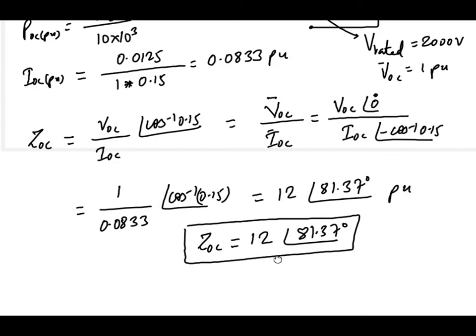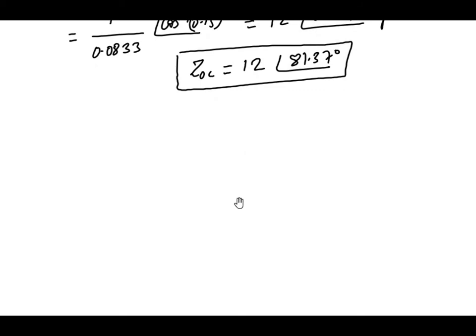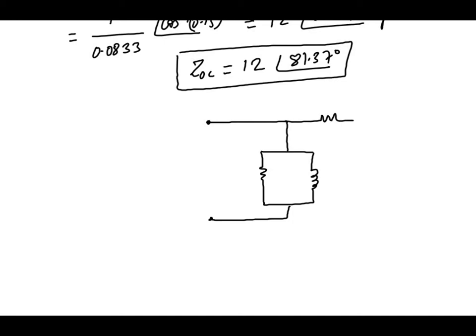Now let us analyze the circuit at loaded condition. For that, let us first draw the equivalent circuit diagram referred to primary side at loaded condition. So we are drawing the approximate equivalent circuit diagram of the transformer referred to the primary side. This is the circuit diagram at loaded condition. We will draw the impedances now at the secondary side. The voltage at the secondary side is V2. If we refer it to the primary, it will be V2 dash. And this is the Z per unit.